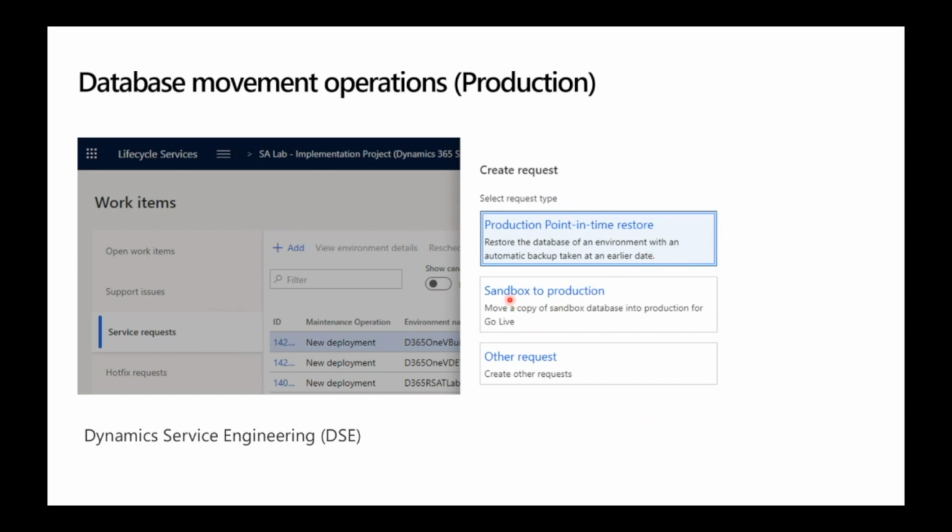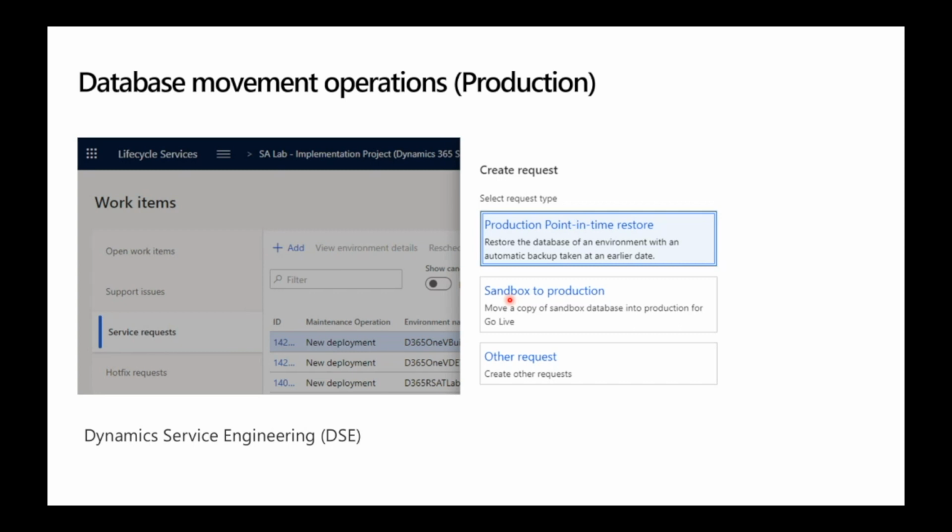So those two operations, because they will be destroying your existing production environment, we don't offer them as self-service. We're just going to make sure that there are some checks that you're absolutely sure that you do understand that you're overwriting your production, deleting the existing data, and so on. So there is a double check, and that's the reason why you still have to raise a service request, and then a DSE engineer will have some follow-up with you via communications, making sure that everything is fine before executing a destructive operation on your production.